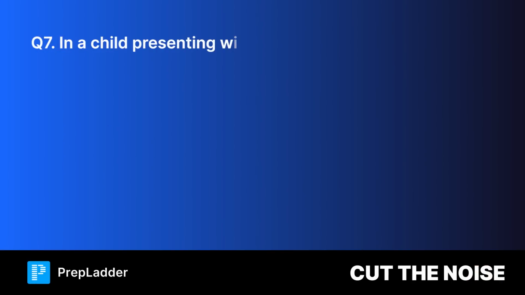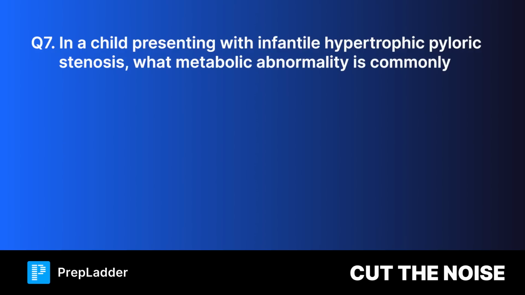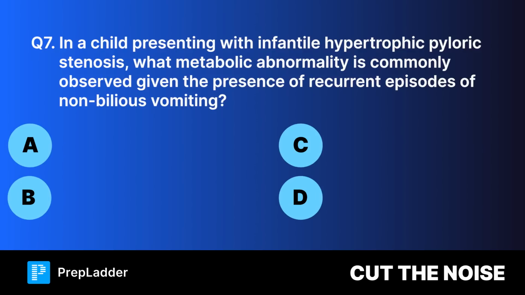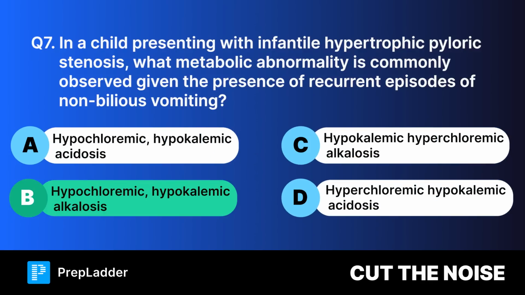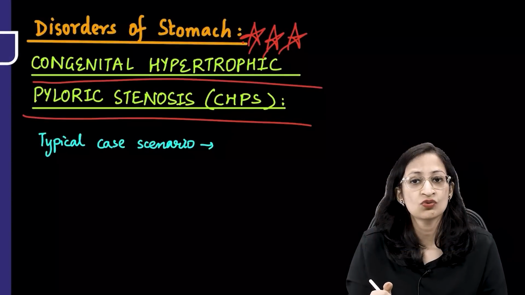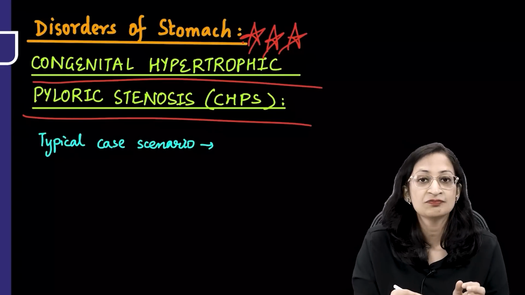Question 7. In a child presenting with infantile hypertrophic pyloric stenosis, what metabolic abnormality is commonly observed given the presence of recurrent episodes of non-bilious vomiting? Your options are. And the correct answer is hypokalemic alkalosis. Here's the explanation. The typical case scenario where you suspect congenital hypertrophic pyloric stenosis is in a baby 2